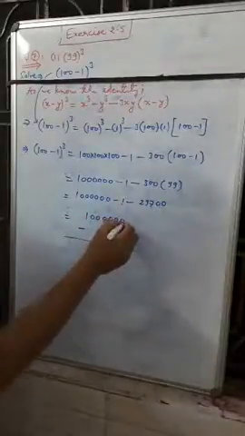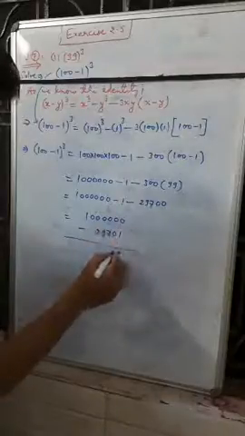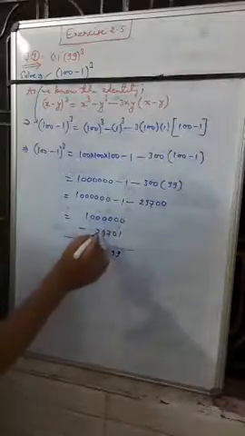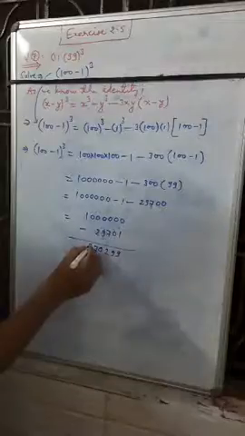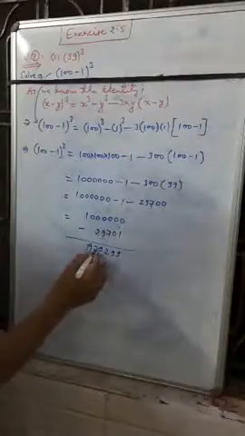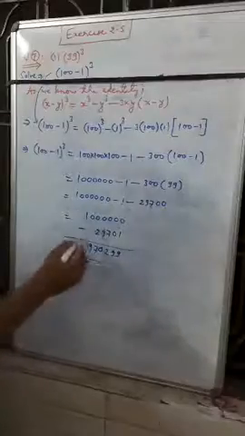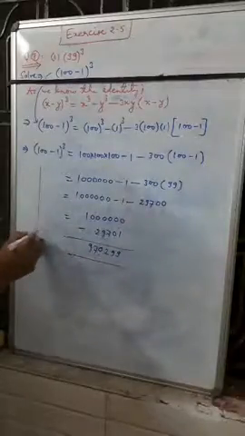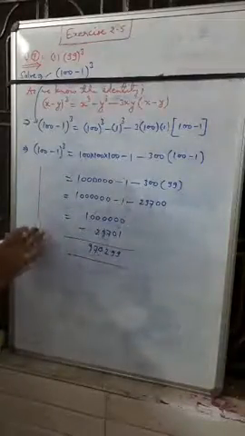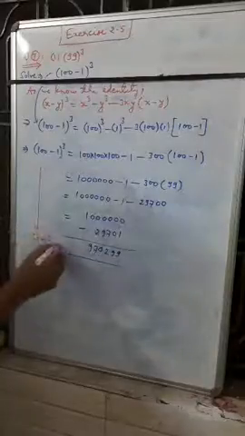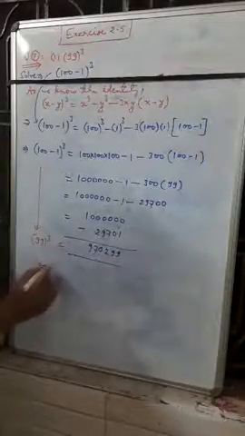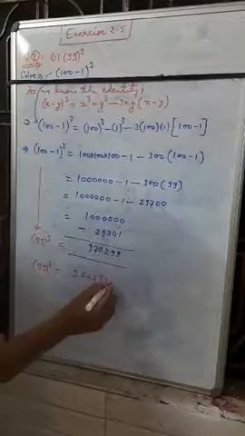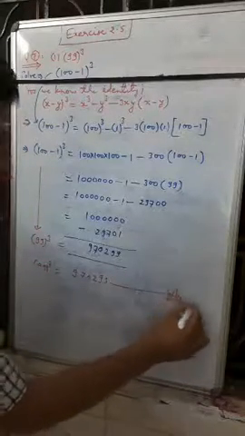Now we will solve it. 10 minus 1 is 9, 9 minus 0 is 9, then 9 minus 7 is 2, 9 minus 9 again 0, 9 minus 2 is equal to 7. So 970,299. So 100 minus 1 is equal to, again we can write, 99 whole cube, which is equal to how much? 99 whole cube is equal to 970,299. It is the answer of the given problem.